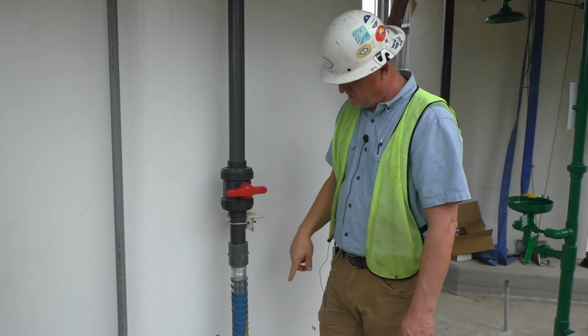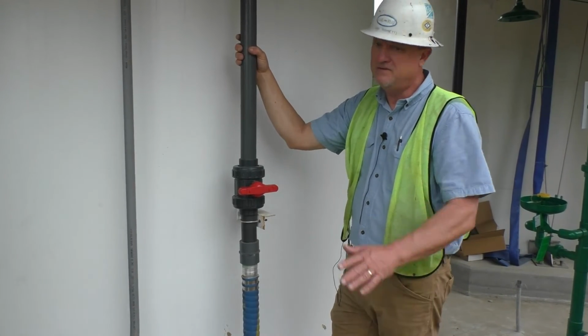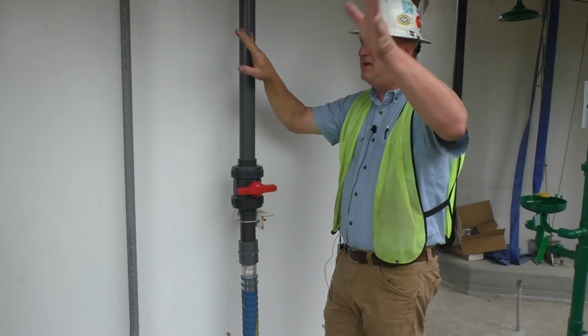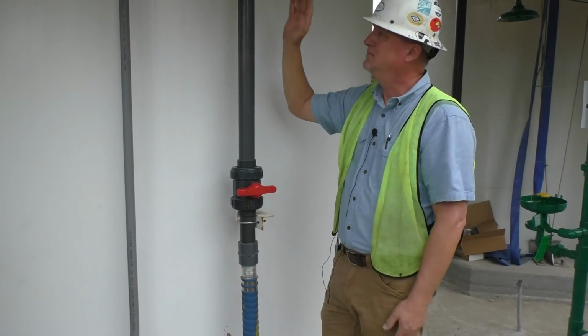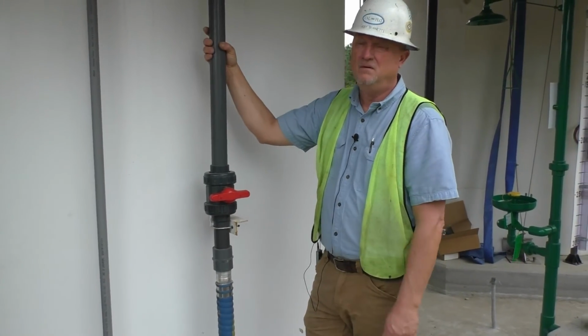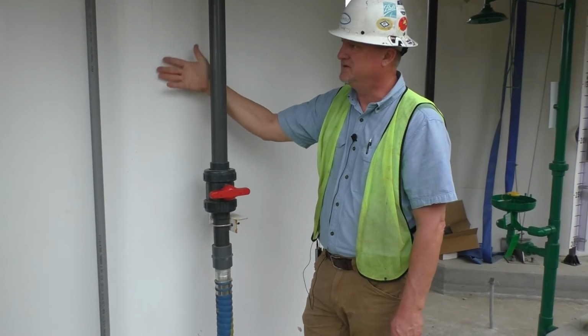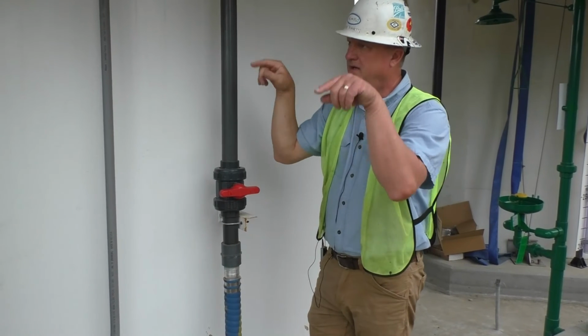We've got some rust on the tanks, on these spots around it. That's on us. We're going to come back after everything's paved and cleaned and all this good stuff, and we'll do touch-ups on the tank and the skid and make it all look nice and new for you. You'll put labels on it too? If you desire labels, we will. It would be all zeros. If you want triangles,